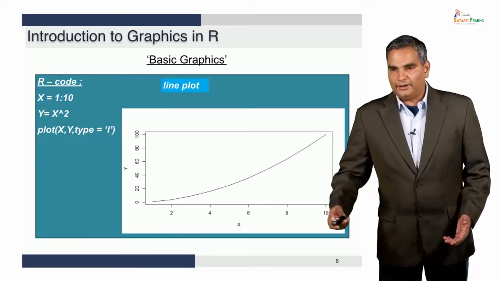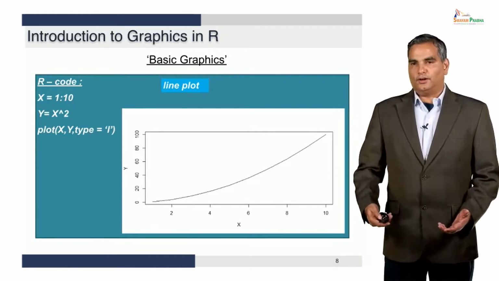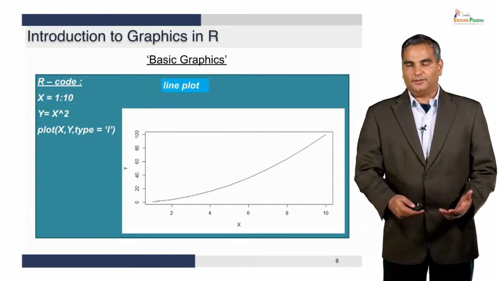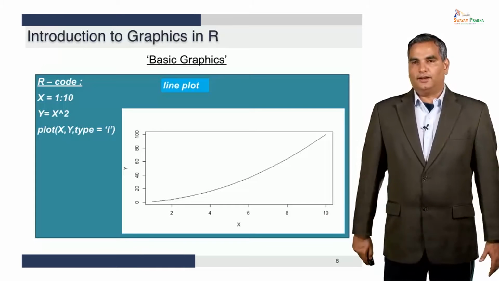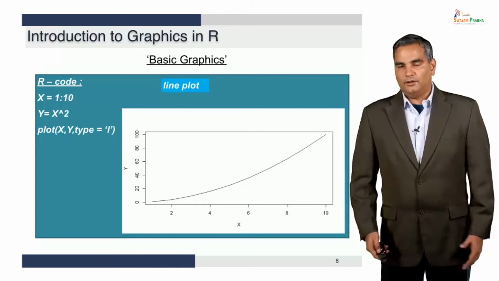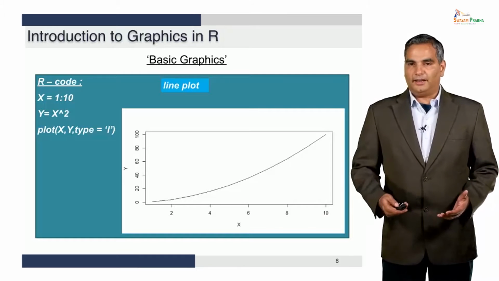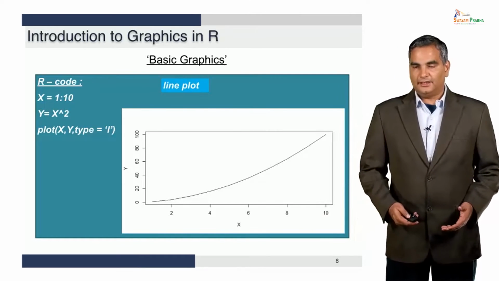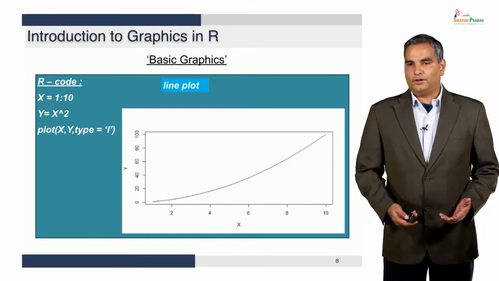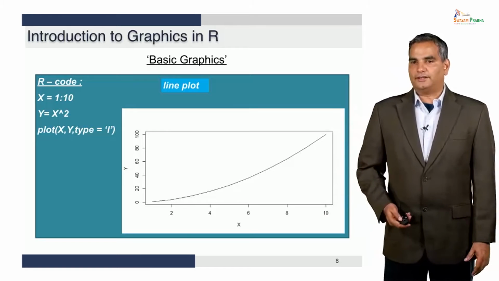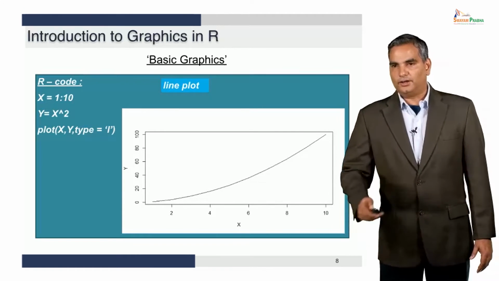So there was no line going through the data. You can also draw a line plot. It's very simple, same syntax. We use an R code where x goes from 1 to 10. Y is x squared. Now, what we want to do is plot y as a function of x, but instead of a scatter plot, we want a continuous line. So all you do is say type equal to "l" in the plot, and you get a line plot as